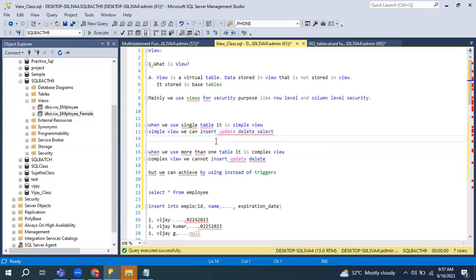If I use multiple tables, we call it a complex view. When you update, insert or delete, then it is a problem. So we use the instead of trigger concept and we can update. That one I will cover in a further topic. Okay. So today, up to here you can